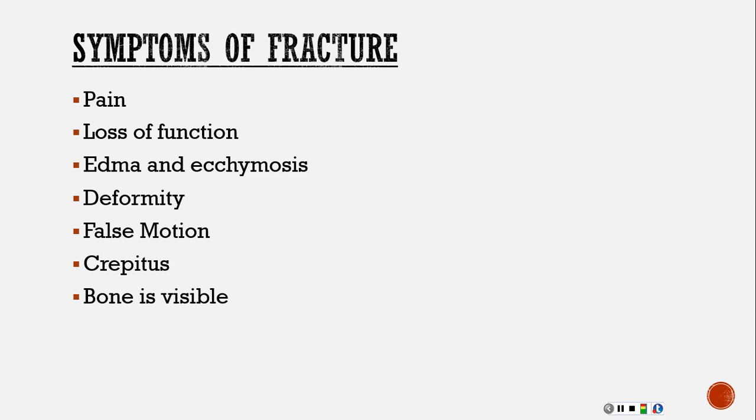Obviously, if you have a deformity, you can visually look at a fracture. Now, the key is you don't always have a deformity. You don't always have an obvious sign that a fracture has occurred. It's a lot easier to diagnose when it's obvious. It's self-explanatory when you see a bone. Some of these videos of athletes that have these awful, gruesome injuries, you can see it, especially when you see the bone.